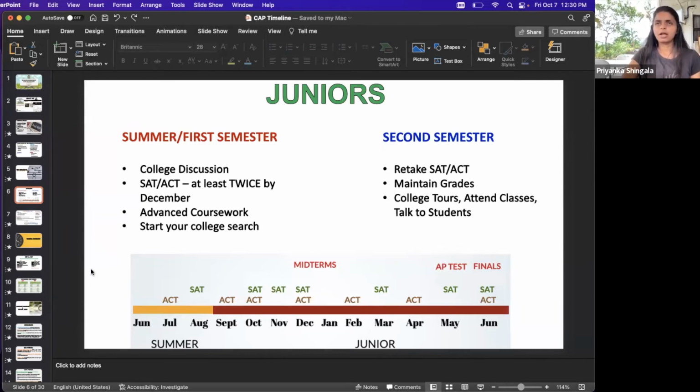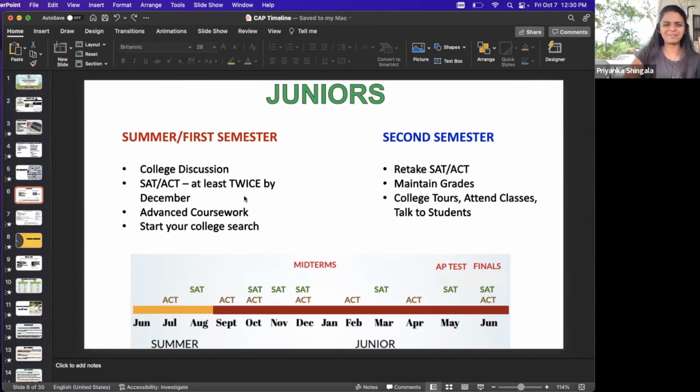The PSAT is scored out of 1520, not out of 1600. So whatever score you get, just add an extra 80 points and you'll have a rough idea of what you would have gotten on the actual SAT. Some students say, oh, but we only got a 900 or 960. And I'm like, yeah, but if you add 80 points to that 960, now you're right in the smack center of what your normal average SAT score is, right? You're in the mid thousands. I don't feel like doing the math, so you see how I'm wavering around that number.